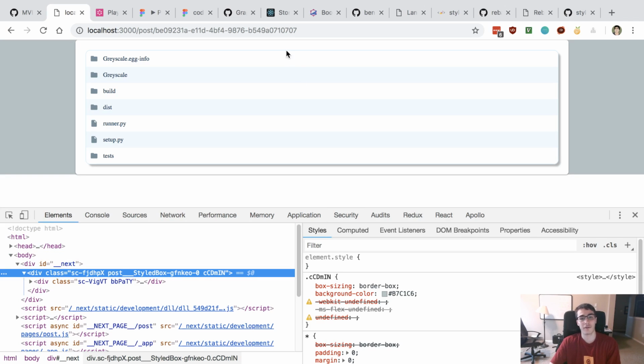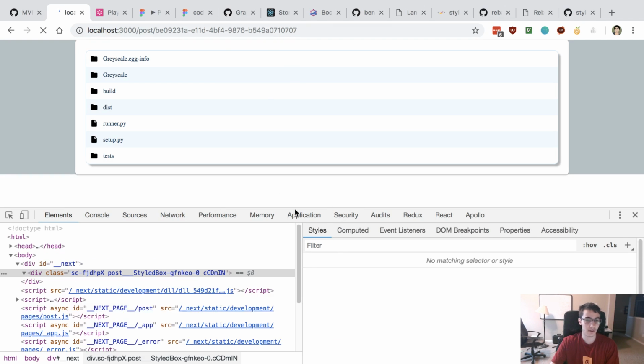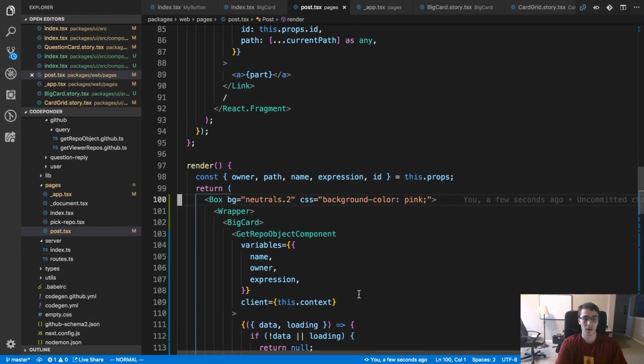We get this undefined stuff. I think that's what it's doing with the CSS prop. I think you need to add a Babel plugin or something to get it to work.